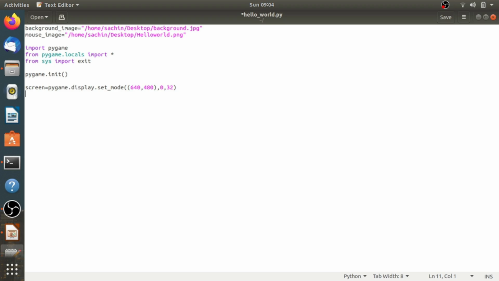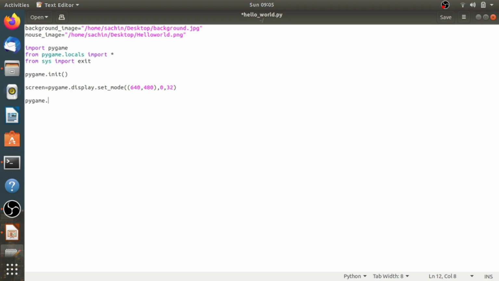If all things go well, the call to set mode will display a Pygame window on your desktop, and it also returns a surface object, which I have stored in the screen variable. The first thing we do with our newly created surface is call set caption in the display module to set the title bar of the Pygame window.